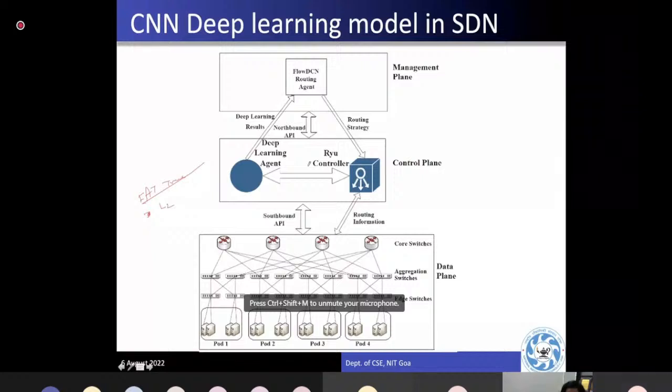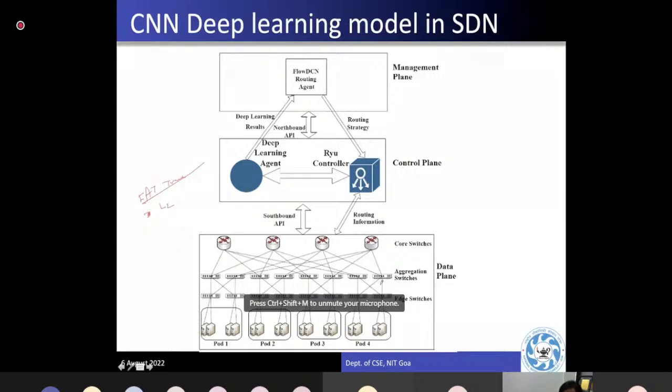So this is the data plane, with the tree structure. These are the servers in the data center, these are the switches, and these are what we call the edge switches because they are close to the server. These are the aggregation switches because they connect switch to switch, and these are the core switches. This is my whole network, the data plane.